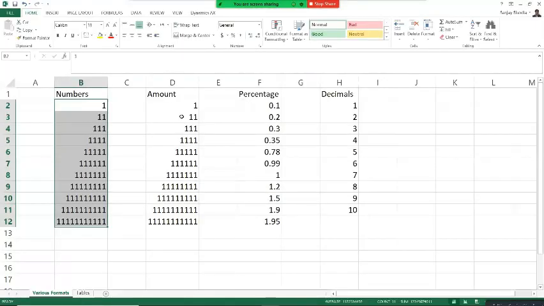So here I have an Excel file with some pre-populated data. Here you can see we have got numbers. Till the time the numbers are 3-digit, 4-digit, or 5-digit, it is easier for us to identify whether the number we are looking at is 11,111, or for this we can say 111.